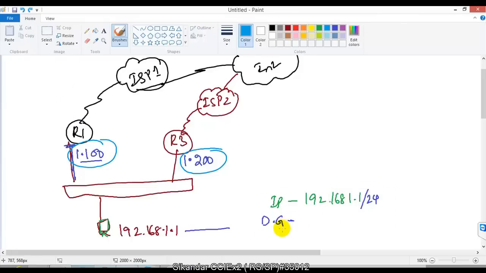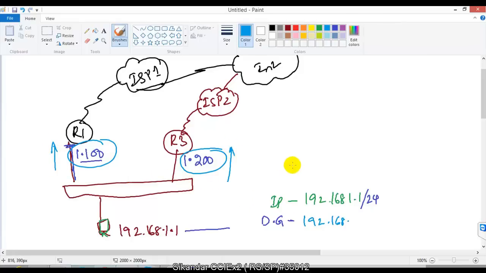And if I define the gateway as 192.168.1.200, all my traffic will go via ISP2. So I cannot say that I'll use 1.100 for half of the users and the other gateway for the other half.